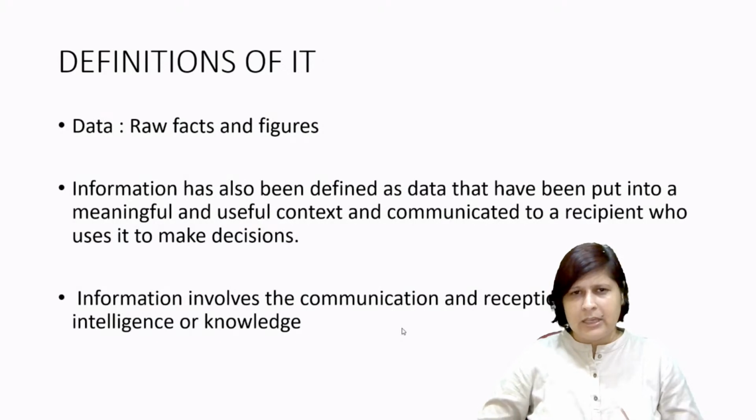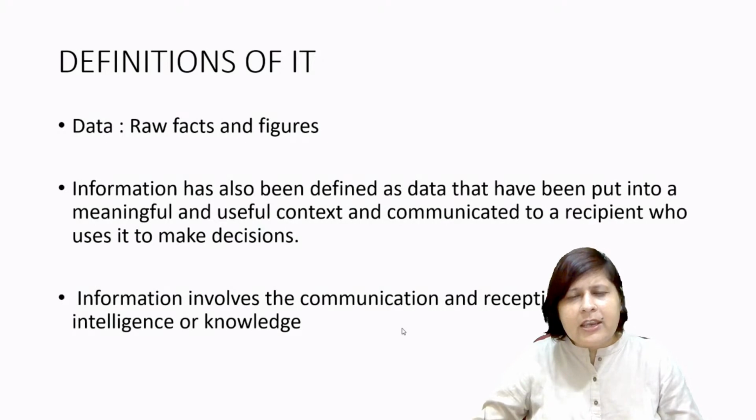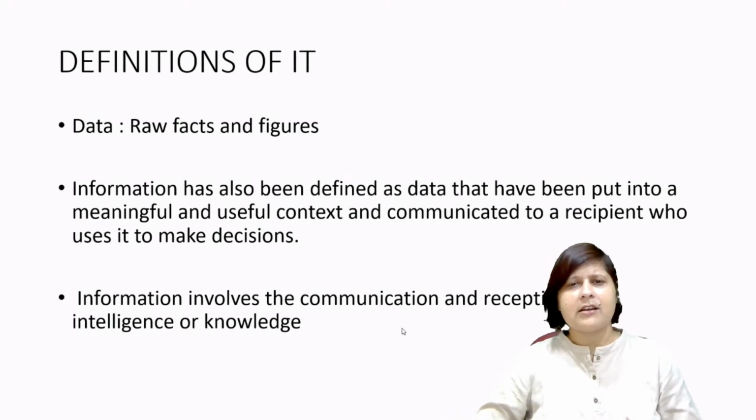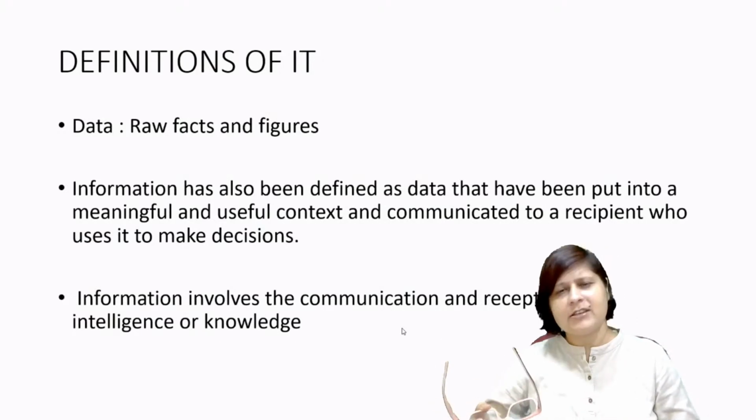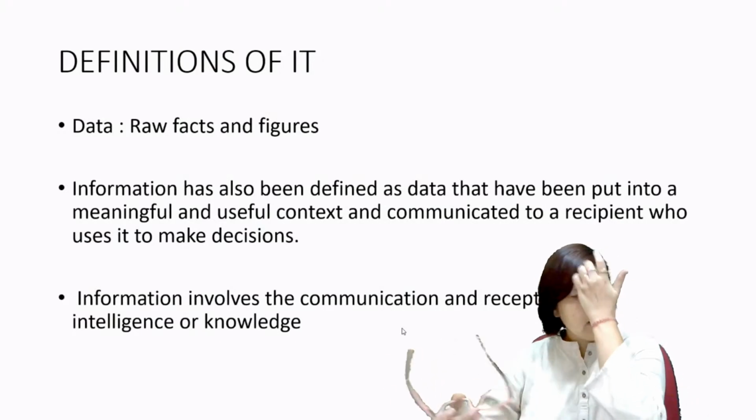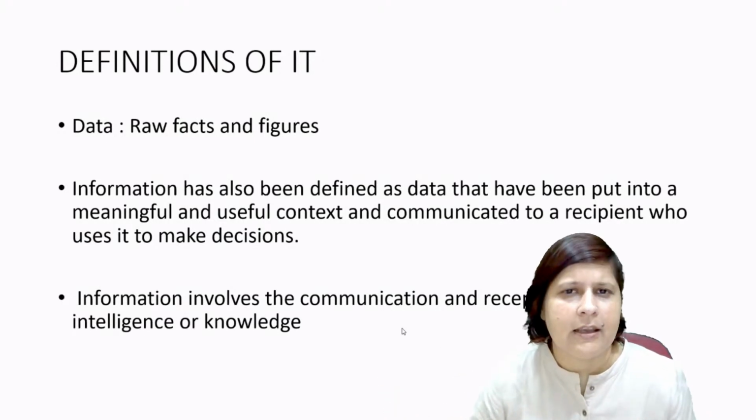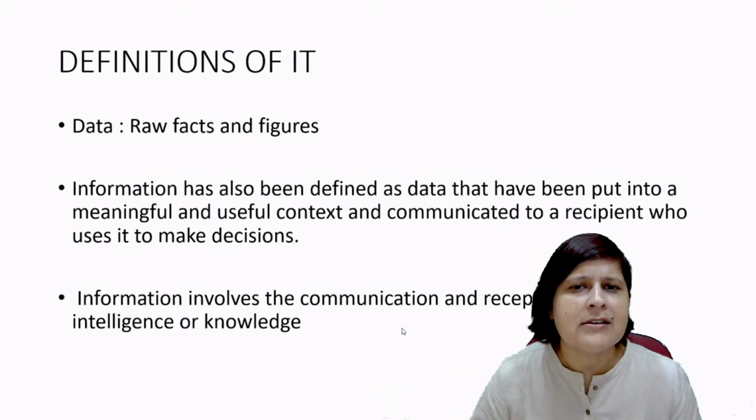Take an example: Arnav, 95, 750. Can you make out what this is? Does this data communicate anything to you? Can you analyze what this data tells about? Right, so these are the facts and figures. There are certain figures like 95 and 750 and a name, right? It could be anything. So raw facts and figures are known as data.